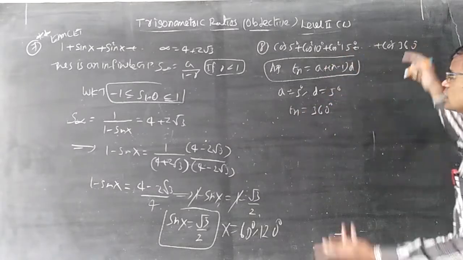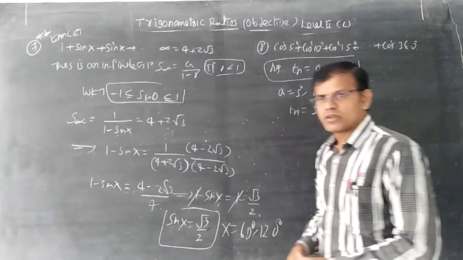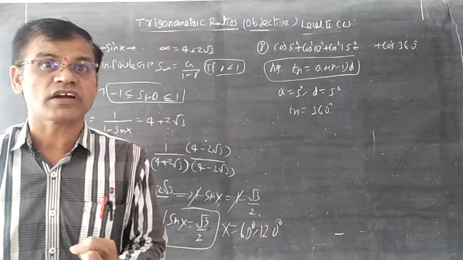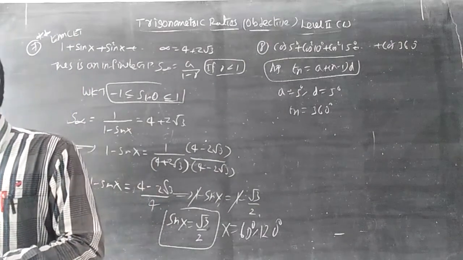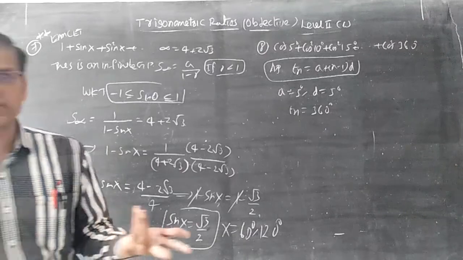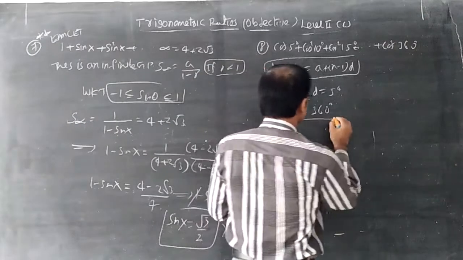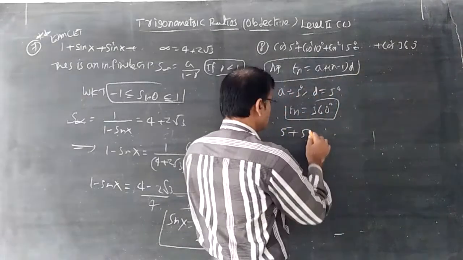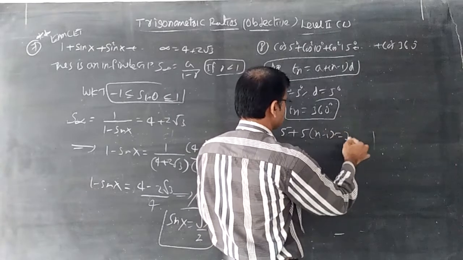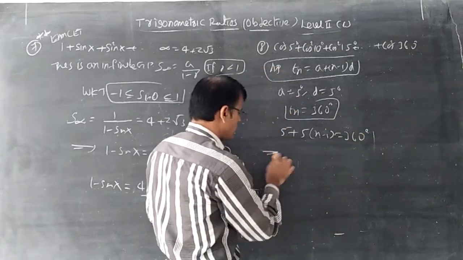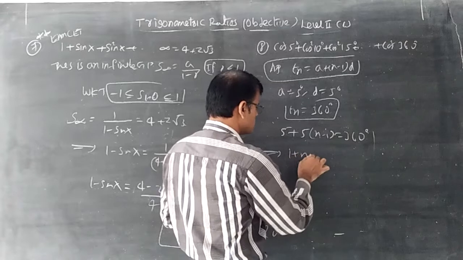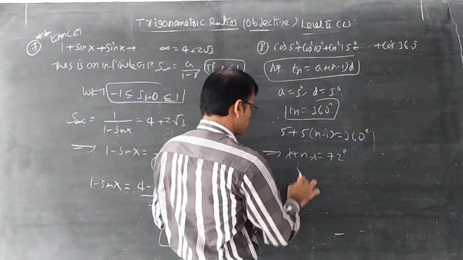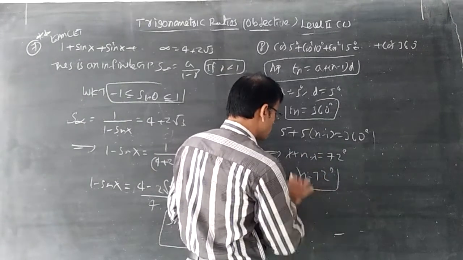So what is the value n, we don't know. How many terms are there, we don't know. Cos square 5 is 1 term, cos square 10 is 2 terms, cos square 15 is 3 terms like that. Cos square 360, which term? 10th, 11th, 8th, we cannot say. That is why, Tn is equal to 360, you write. Apply the formula a plus n minus 1 into d: 5 plus 5 into n minus 1 is equal to 360. Divide by 5. It becomes 1 plus n minus 1 is equal to 72. The 1 minus 1 gets cancelled. n is equal to 72.